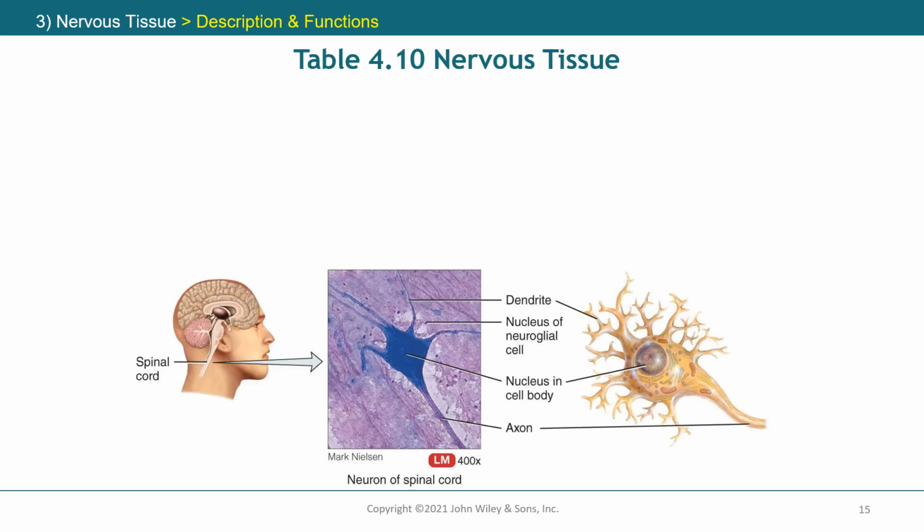When we think about the nervous system, we think about the brain, we think about the spinal cord, and we will talk about the different parts of the brain during the course. We will talk about other parts of the nervous system that are located inside of your skull, and also the autonomic, the peripheral system. We will talk about a lot of things, but independent of that, the unit of the nervous